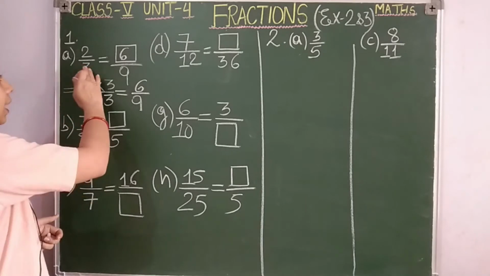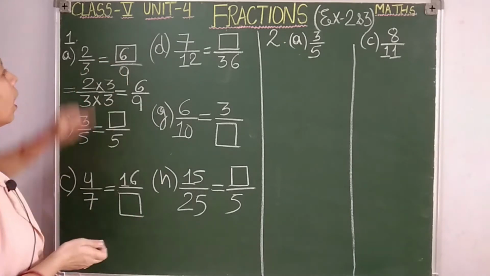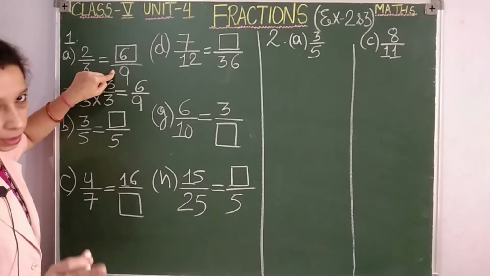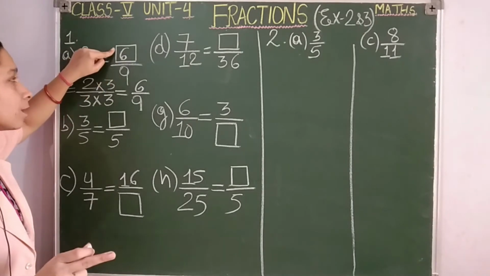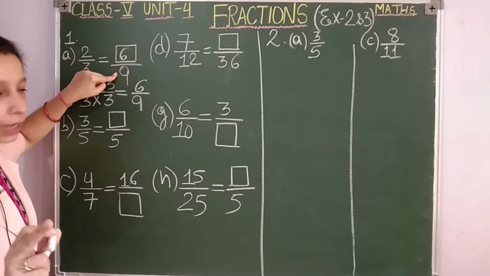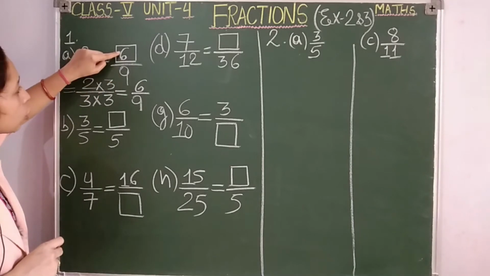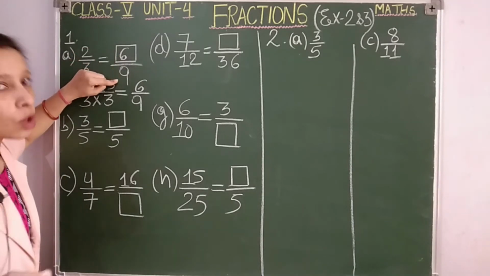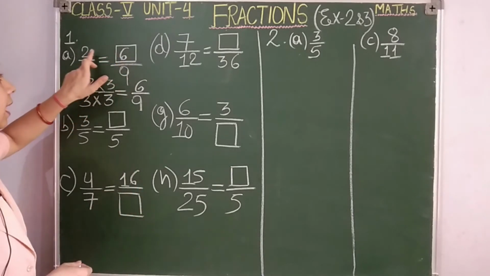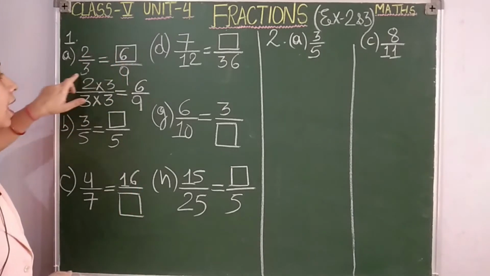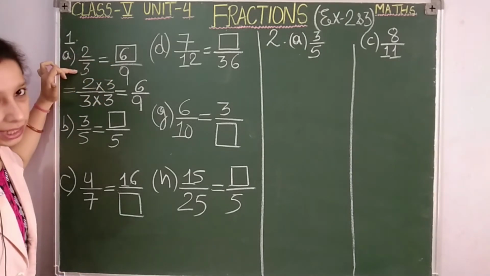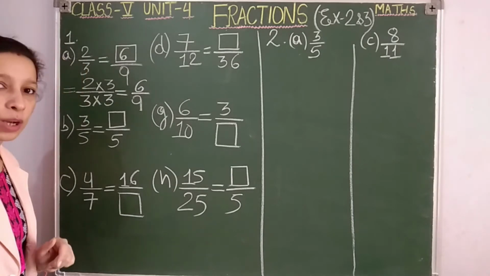If they are equal, they should be the same, na? How, students? Look at 6 and 9: are they coming in 2's table? No. 6 comes in 2's table, but 9 doesn't. So we are not going to take 2. Let us take 3. 6 also comes in 3's table and 9 also comes in 3's table. How many times? 3 2s are 6. Here, 2 is already written. Then 3 3s are 9. It means if I cancel 6 by 9, again I am going to get 2 by 3 only. So that's why we call this an equivalent fraction.